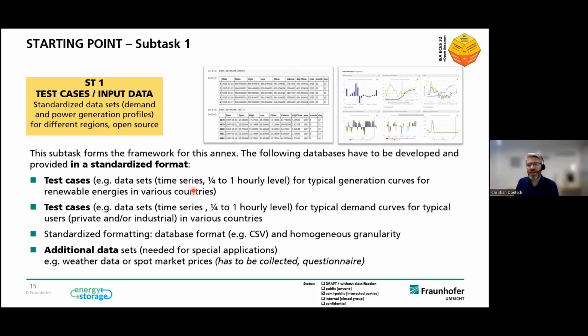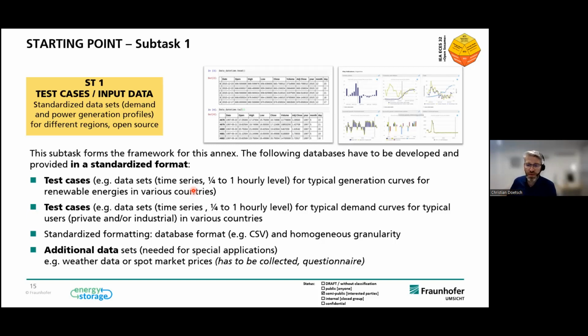And we want to get these typical generation curves for renewable energies in various countries. That means we want to get the data, for example, to say we have a windmill in northern Denmark, or we have photovoltaics in the south of Italy. And then we want to get from this data set the correct data set for the generation by wind, PV,